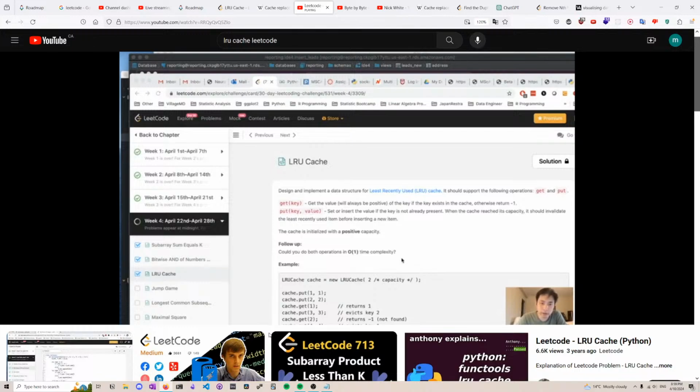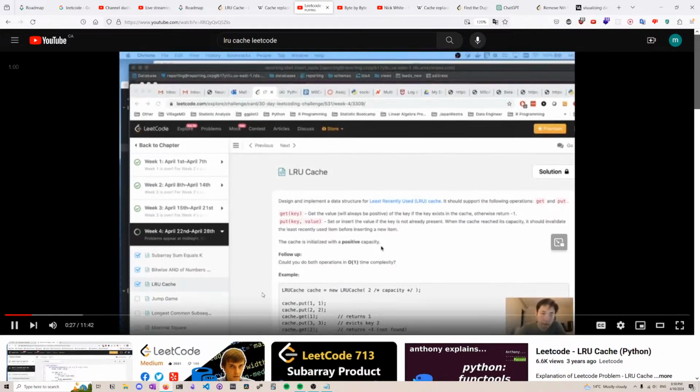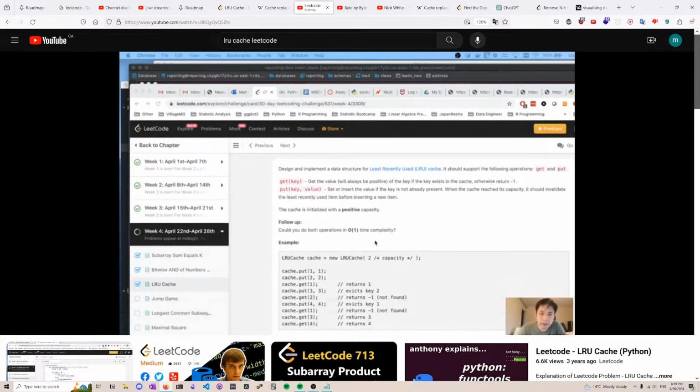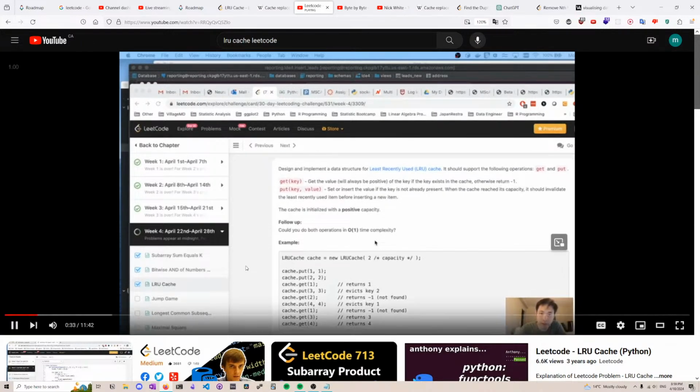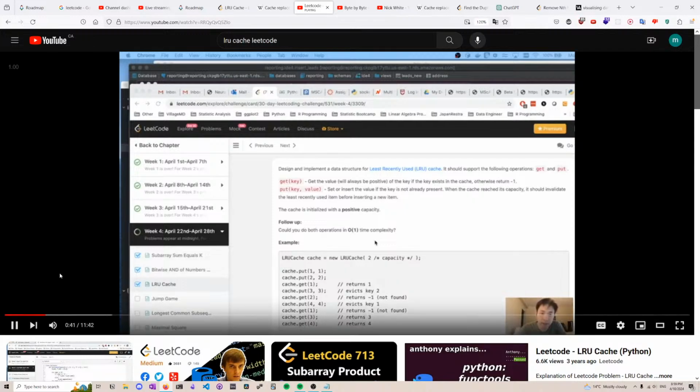Get key: get the value, which will always be positive, of the key if it already exists in the cache, otherwise return -1. So it's just a typical get method for a dictionary. And put: set or insert the value if the key is not already present. When the cache has reached its capacity, it should invalidate the least recently used item before inserting a